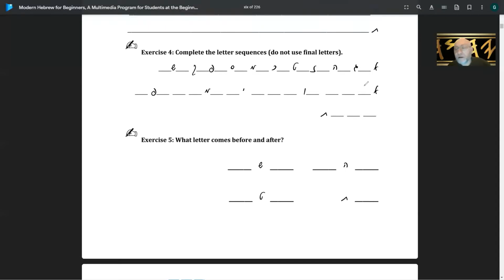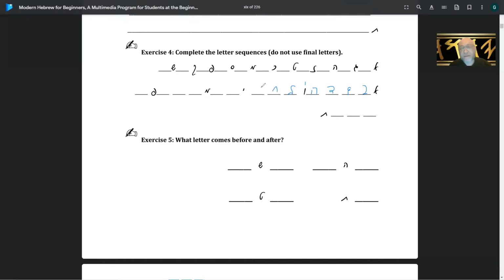Okay, so Aleph, Bet, Gimel, Dalet, Hey, Vav. Remember that Zayin looks like a snake going this way. Zayin. Let's see, Aleph, Bet, Gimel, Dalet, Hey, Vav, Zayin,